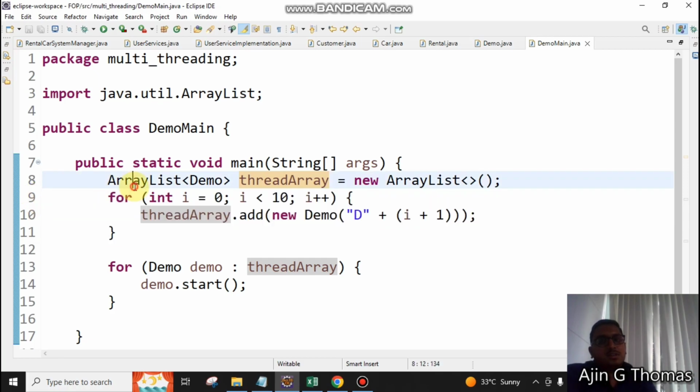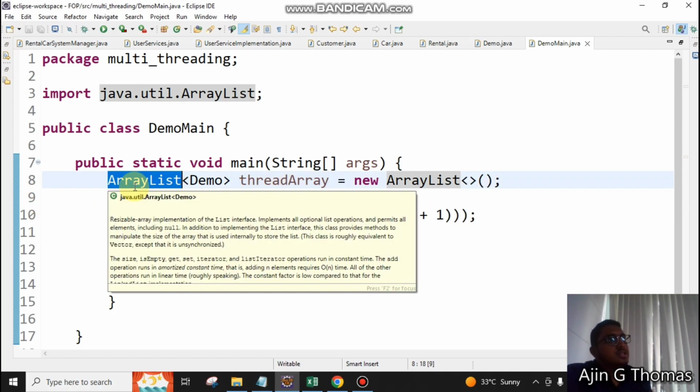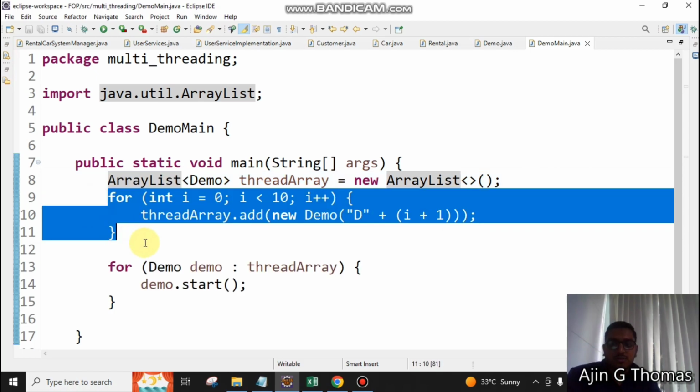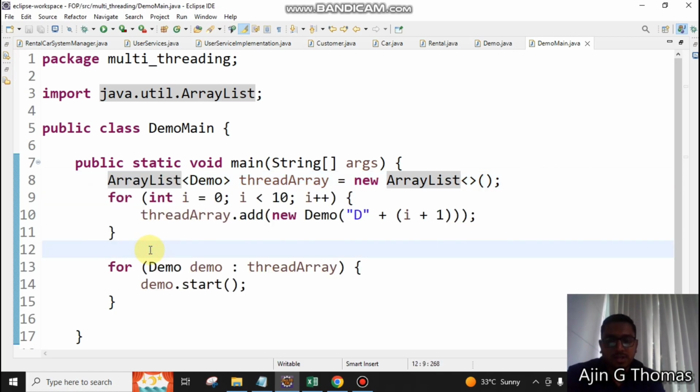What are we using here? Array list. It can contain n items, right? So can I create a new thread and add it into that one? Let's say I have already created 10 threads. Now I am creating a thread array dot add, a new thread. I am creating a new demo